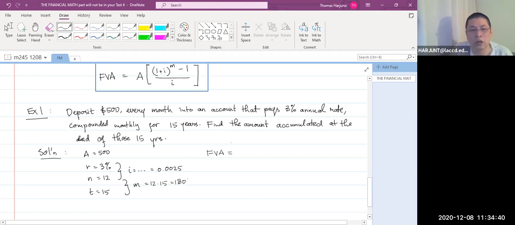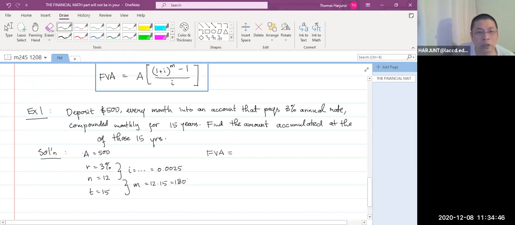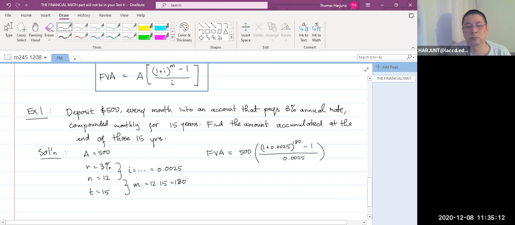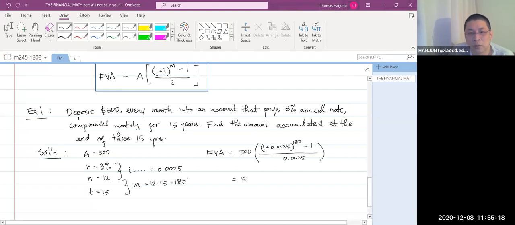So at the end of those 15 years, how much money do I accumulate for my son? That will be 500 times (1 plus 0.0025) to the power of 180, minus 1, over 0.0025. That equals 500 times, let me compute the top first,